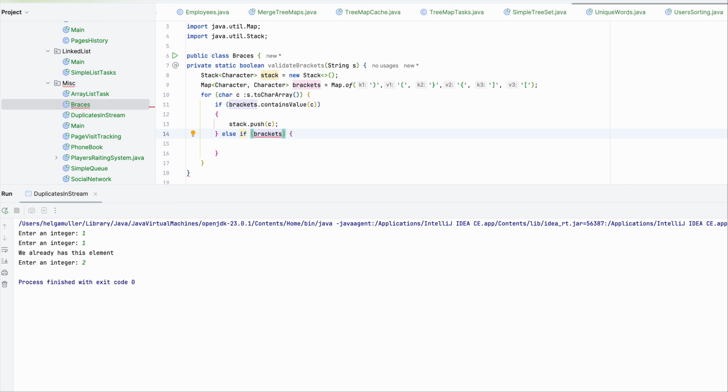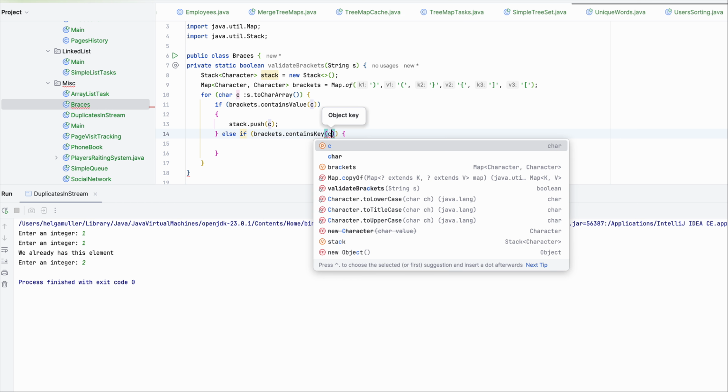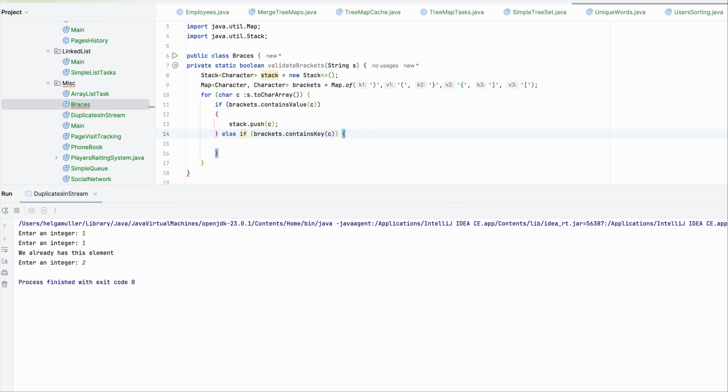So let's imagine that we can only enter brackets here, so we can meet either opening or closing brackets. No other variants, only these three types of brackets. And so if brackets contains key, so if I meet a closing bracket,